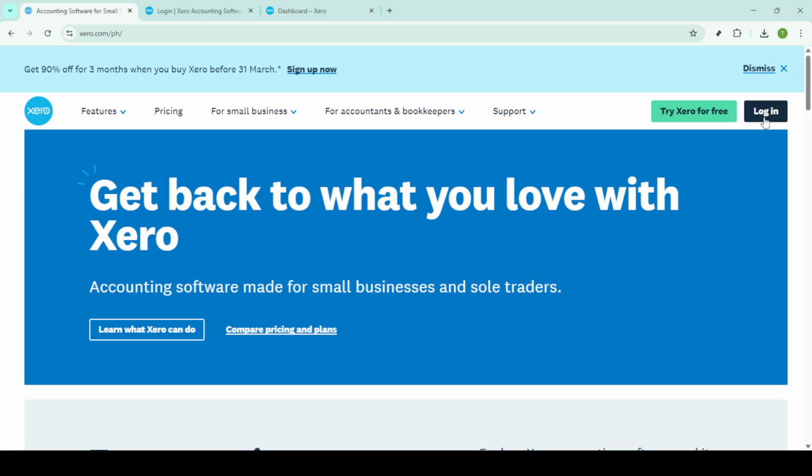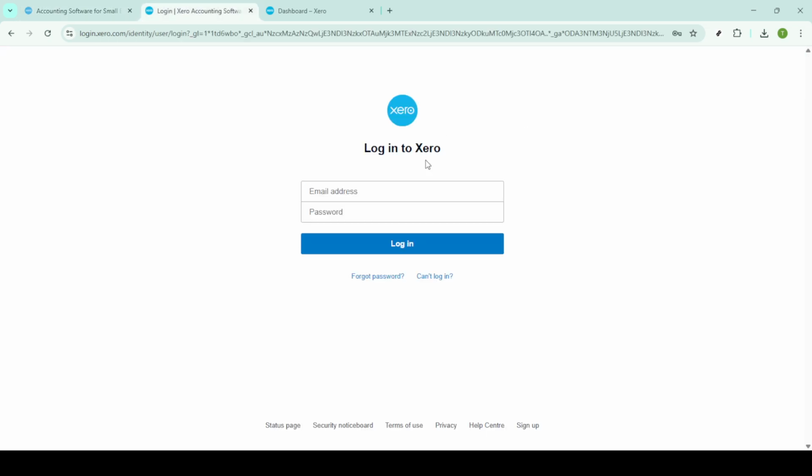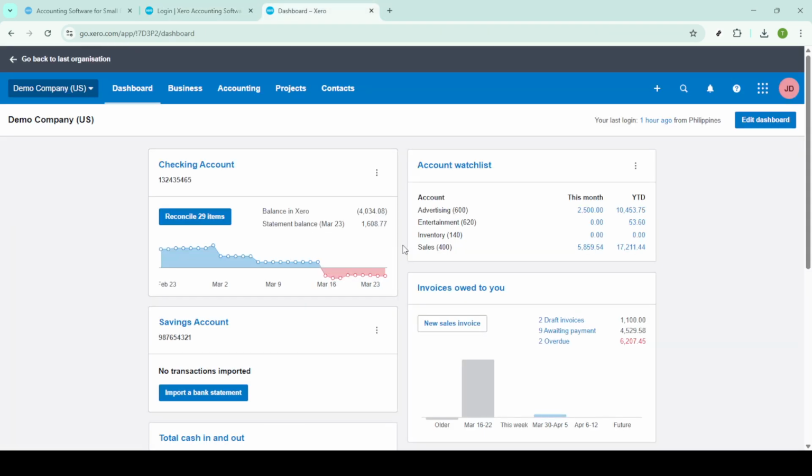You'll want to head over to the Xero login page. Once you're there, you'll be greeted by the familiar login screen. Here, go ahead and enter your email and password. Remember to ensure your details are correct to avoid any login issues, and then hit the login button to continue. If you frequently use Xero, you might even consider saving your login details in a safe and secure manner to